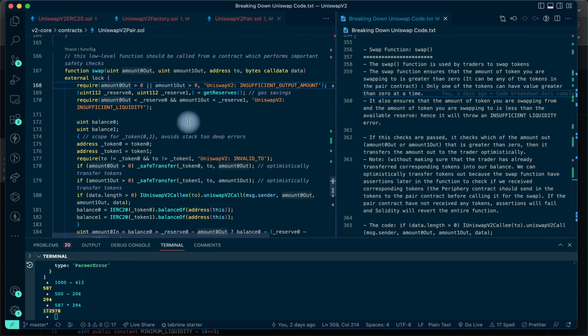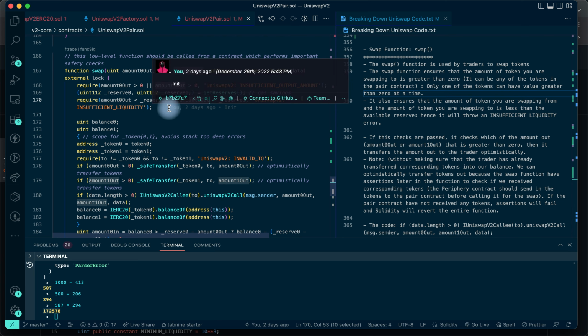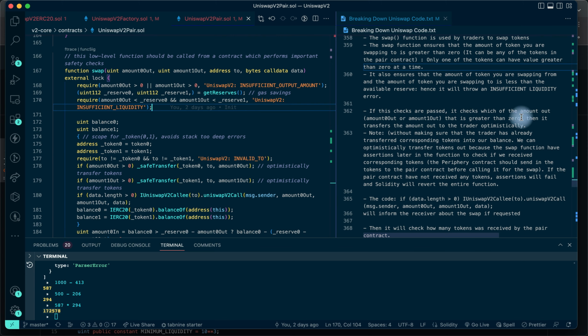What this means is that, for instance, if what you have in the reserve is 500 token 0, you cannot be swapping out 1000 token 0, because it exceeds the reserve of token 0 in the contract. Similarly, if the reserve of token 1 is 1000, you cannot be swapping out 2000 token 1. That is what this is ensuring: that you cannot be swapping more than what the reserve has. All right, so if the checks are passed,